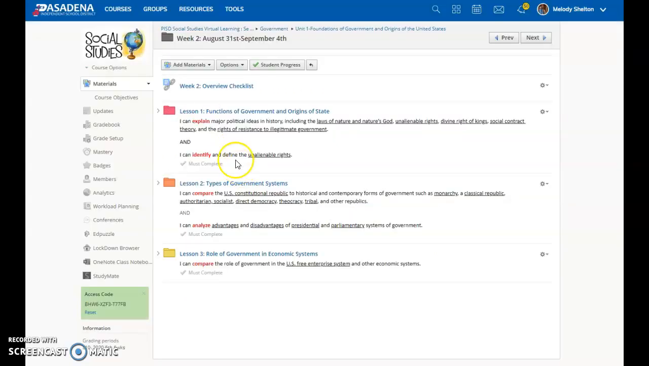When you go back, we'll have the lessons broken up here. And as you notice, I have lesson 1, lesson 2, and lesson 3. I have the standards, the student expectations, outside the folder. So within lesson 1, which is functions of government and origins of state, the students have these 2 standards that they're supposed to be showing mastery for. If you click on lesson 1,